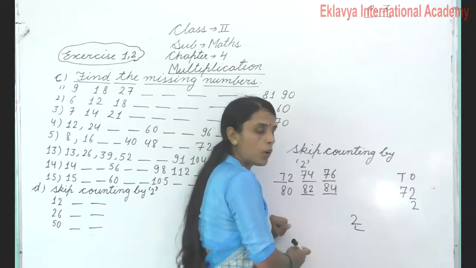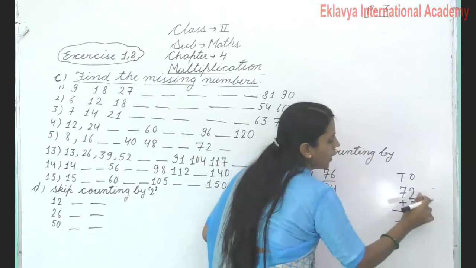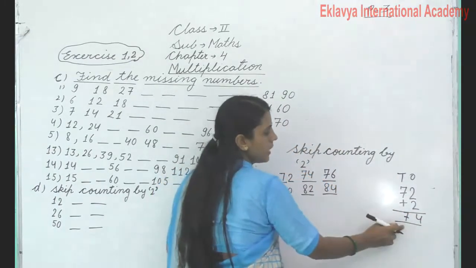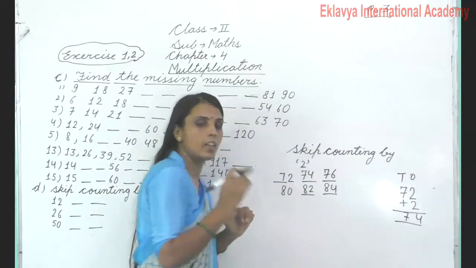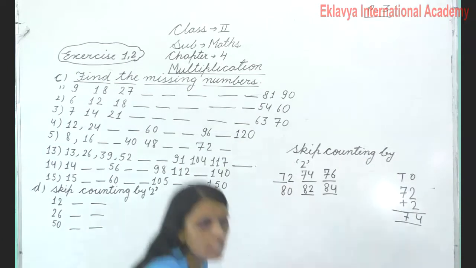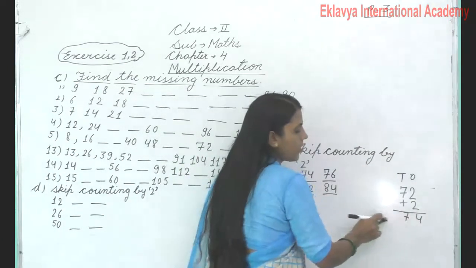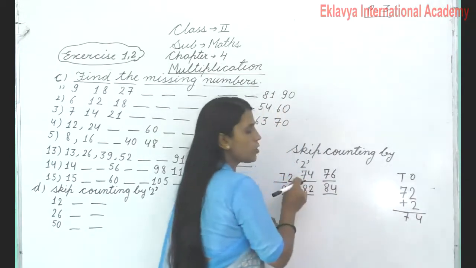Okay. And after that we will add. Okay, like 2 and 2 is 4, and 7 is 7. Yes. Your answer you can match here. Here also 72. Here also 72. So your answer is right. Got it, students? And the next one, listen. Suppose I have taken 72, so your answer is 74. Here the answer is 74. So here also the answer is 74.